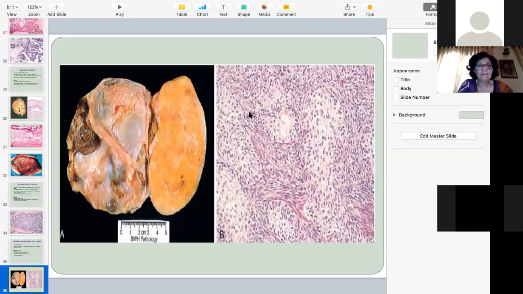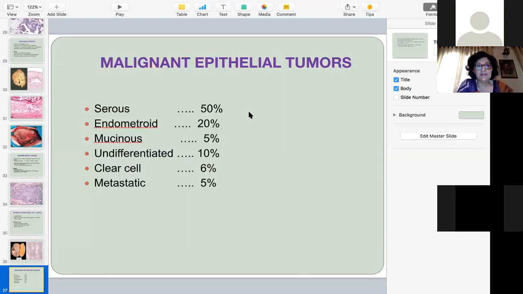Okay, if we look at all the malignant epithelial tumors, the most common ones are the serous ones. If the tumor is malignant, the likelihood of it being serous is 50%. The next most common malignant epithelial tumor is endometrioid. Remember that the most common of all benign and malignant tumors was serous, and after that was mucinous, including the benign ones. But if you just look at the malignant tumors, the most common are serous, followed by endometrioid, and the mucinous malignant tumors are number 3. Undifferentiated, sorry, will come under 4, because undifferentiated tumors are 10%.